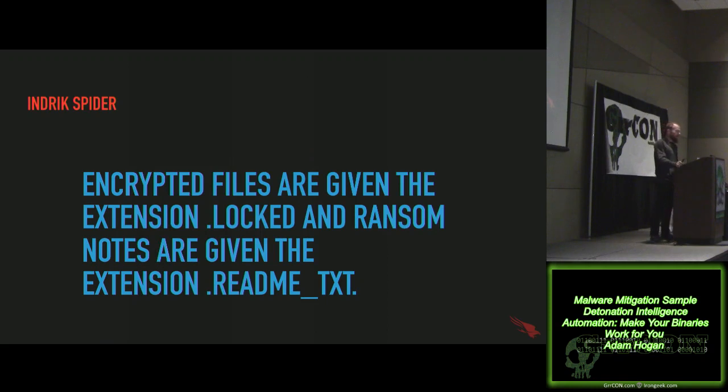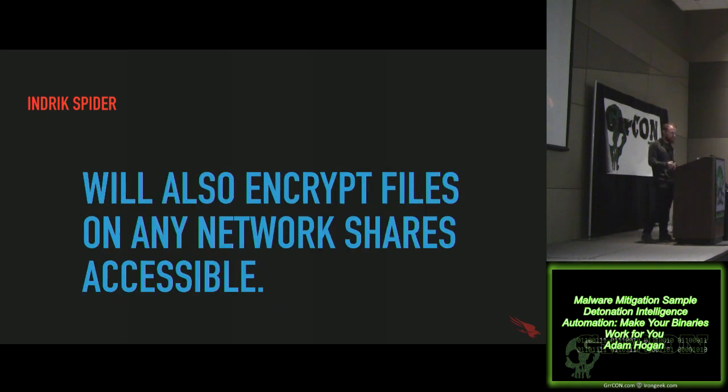And there's some other IOCs to dig into. You know, when you can go and look at the encrypted files themselves, they have a .locked extension, so the rest are easier to find if you're concerned that it may not have been blocked on the endpoint. The ransom notes have .readme text, and you can download those and take a look at it. Of course, that's where I got the Bitcoin address we can go and search for. And as I said before, it will look at network shares to pull those files.